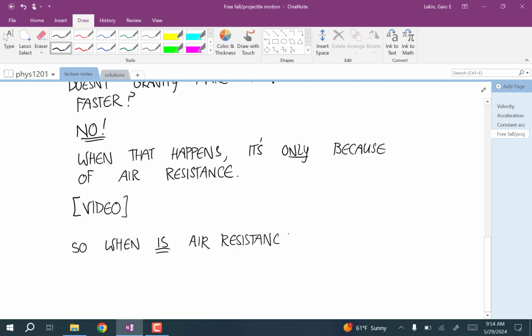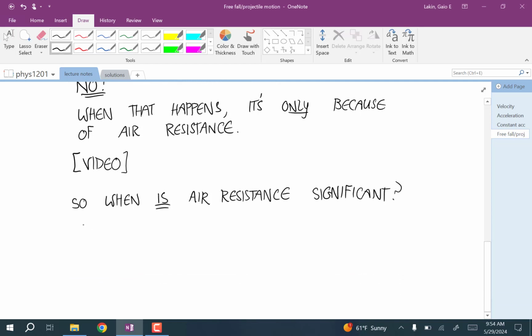Because in those cases, we can't use this free fall approximation. So air resistance has a bigger effect. The effect increases